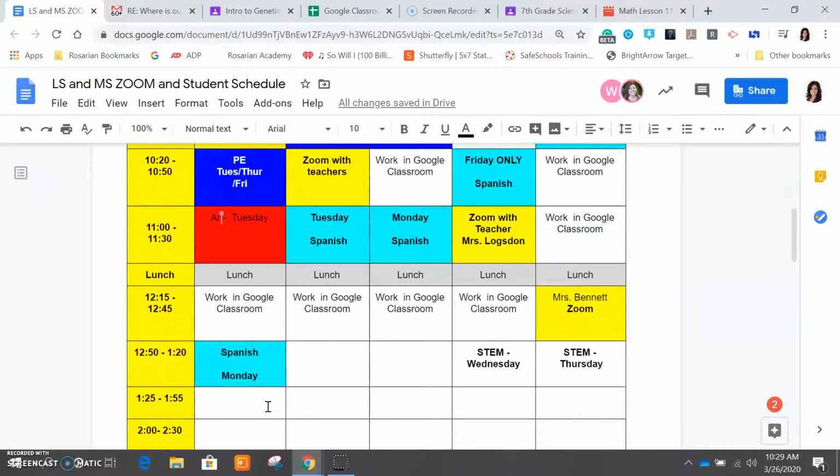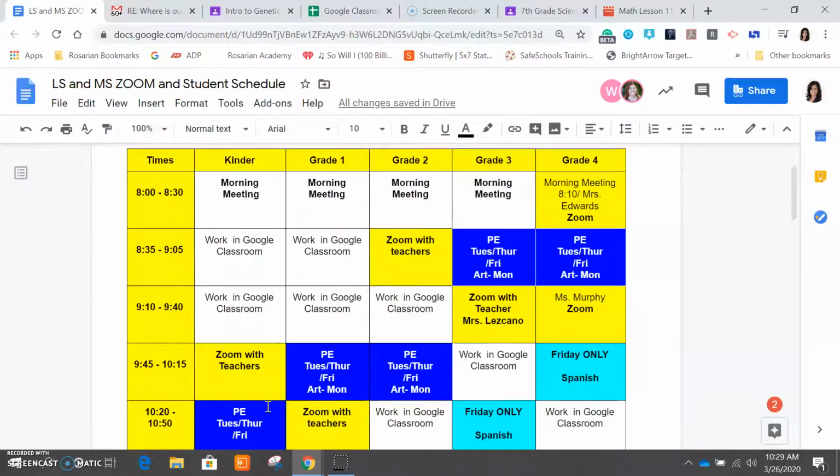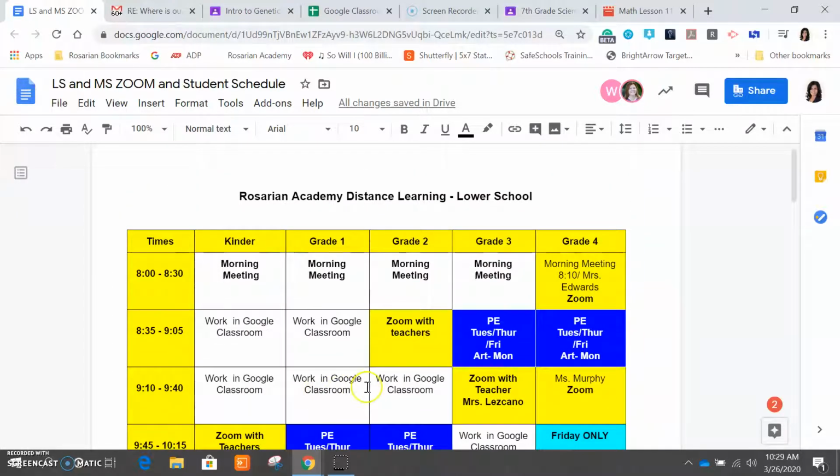And then the students go to lunch, then they have some more work time, and then here it says Spanish, and it's only on Monday. So that would be the only day that they need to click in. They can click in on other days to Spanish as well, but on Monday, they're going to look and see, oh, I have Spanish work to do. Or my Spanish teacher is online. I want to understand what the activity is. Or they might pre-record their lessons. So this is lower school's